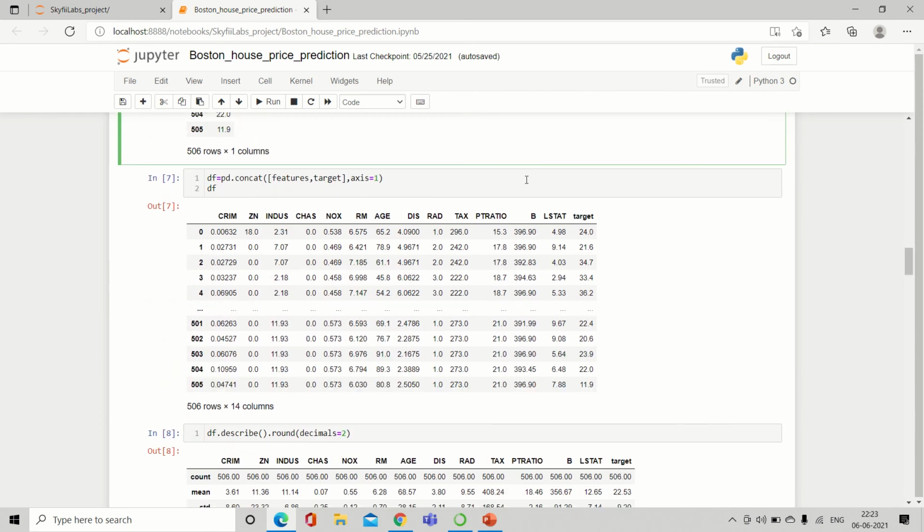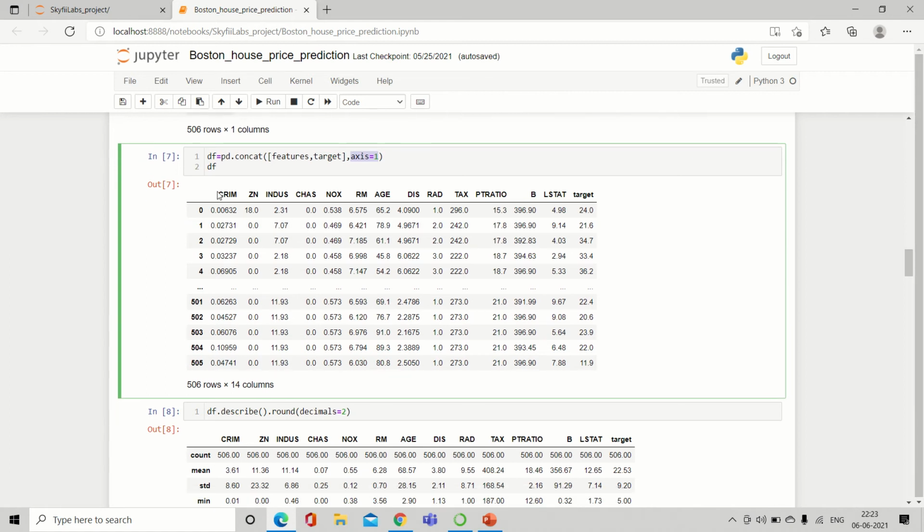Now we are going to combine all the features and target. As you can see, the syntax is pd.concat, and the data frames that we want to combine. Here in this case, features and target, axis equals 1 means we are going to concatenate with respect to columns.